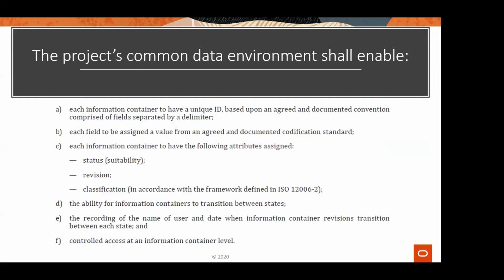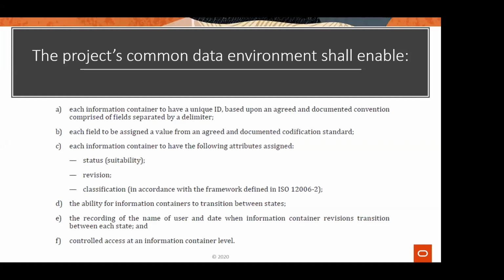In terms of the specifications as specified in the ISO document that we're talking about today, these are some of the things that a common data environment should have. For instance, a unique ID for each of the documents that are going to be transmitted. Things like revision, things like statuses, the ability for information containers to transition between states, and also the recording of the name and user when information container revisions transition from one state into another.